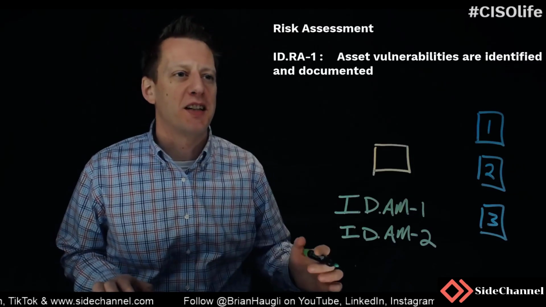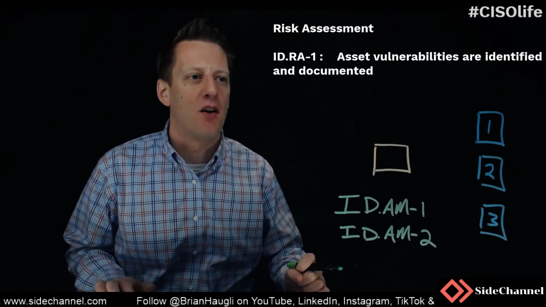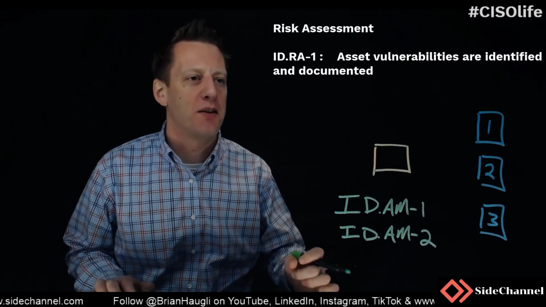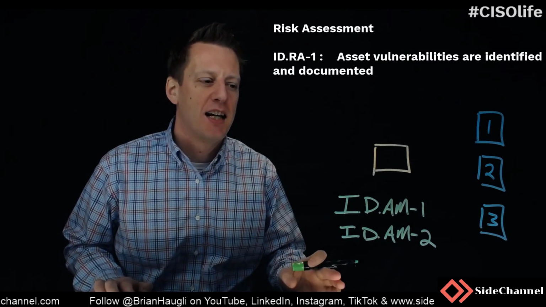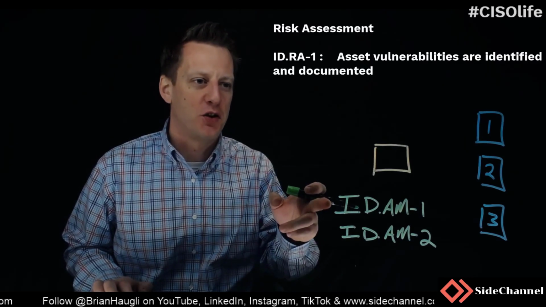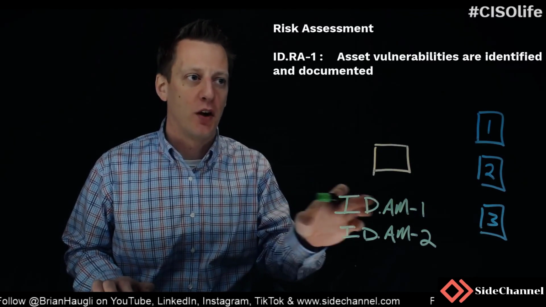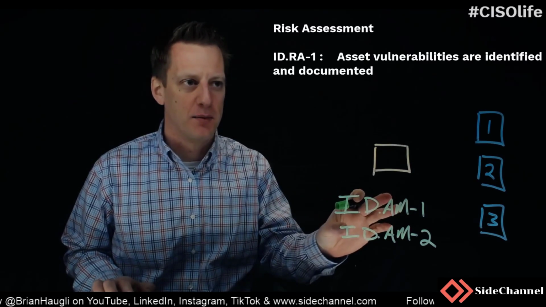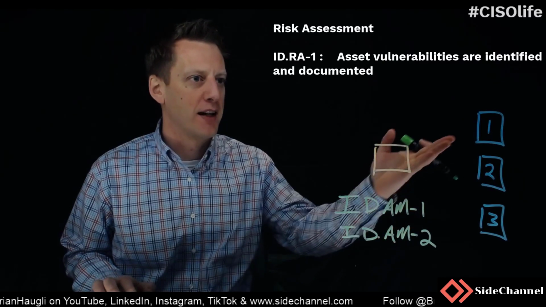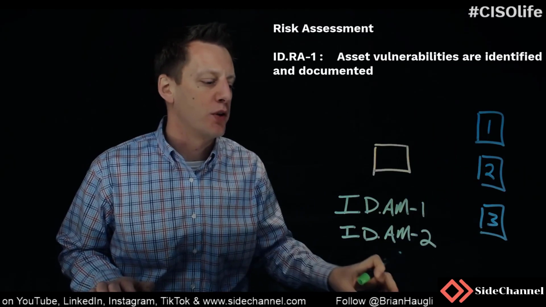First control in the risk assessment family within Identify. All the asset vulnerabilities are identified and documented. You really can't start on this control unless you've actually done the first two here, where you have a full inventory of your software and your hardware. Because how are you going to be able to identify vulnerabilities on devices or software that you don't know exist